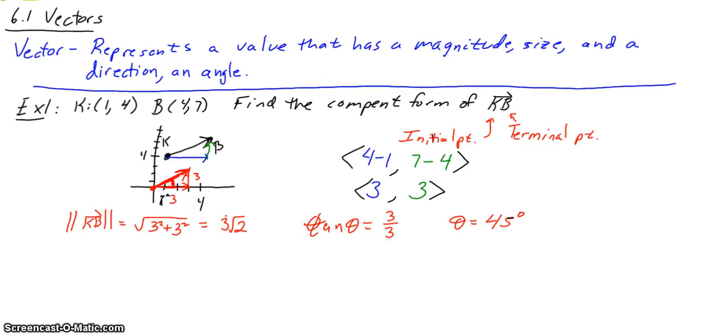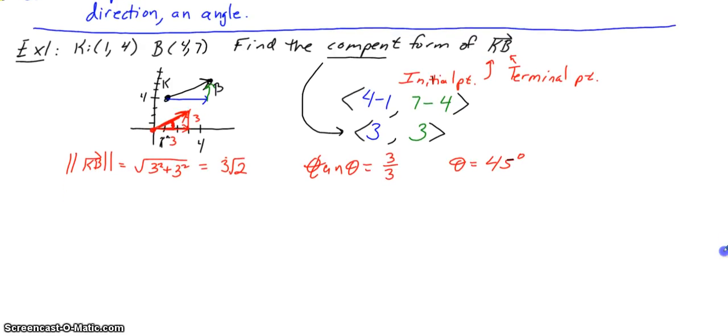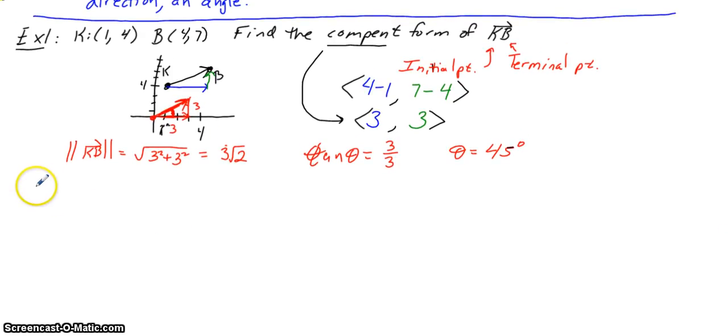But all component form is telling you is describe the vector in terms of the horizontal and vertical components. How far left to right? How far up and down does it go? Let's do the same 3 things